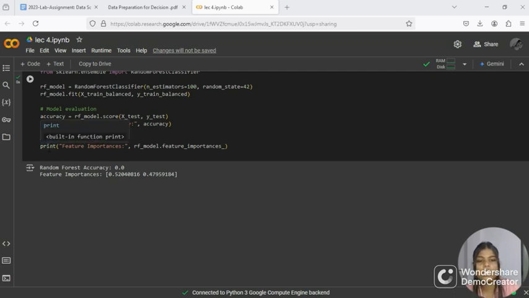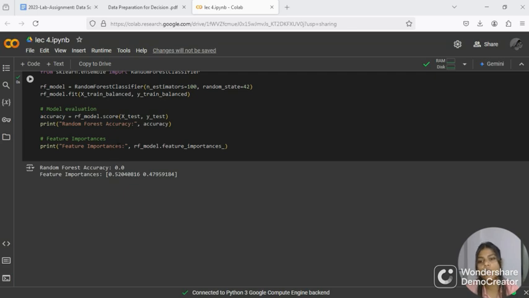And here printing the feature importance of the random forest model, which represents the relative importance of each feature in the decision-making process. This code trains a random forest model on the balanced training data, evaluates its performance on the test data, and prints the feature importance. The output will show the accuracy of the model and the relative importance of each feature.